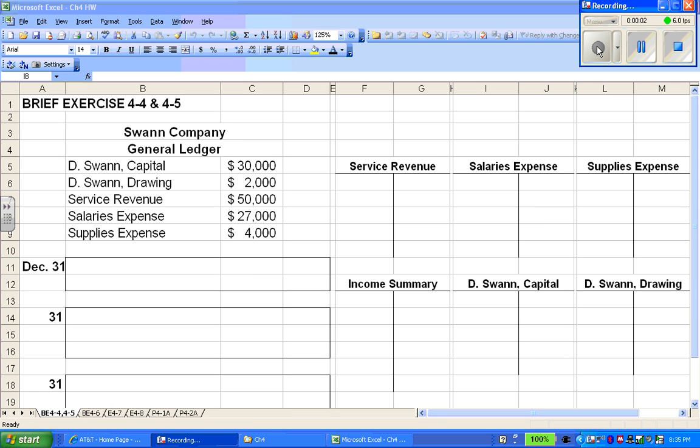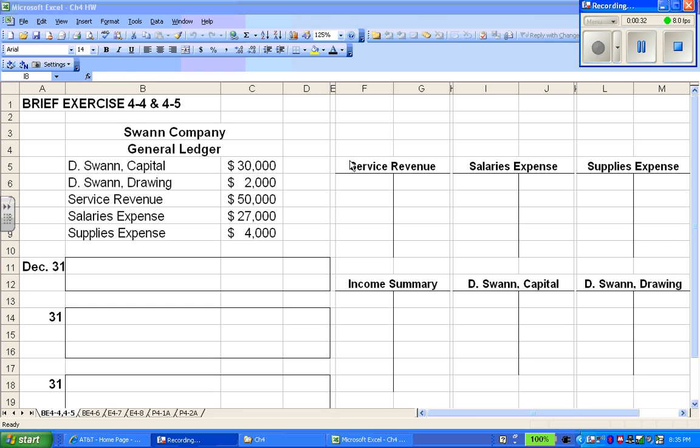All right, this is brief exercise 4-4, and in conjunction with that, we'll be doing brief exercise 4-5. This can be found in your textbook on page 177. What they're giving us is the ledger of Swan Company, and they want us to prepare the closing entries, and in addition to that, post these closing entries to the T accounts, and then get the total balance for those